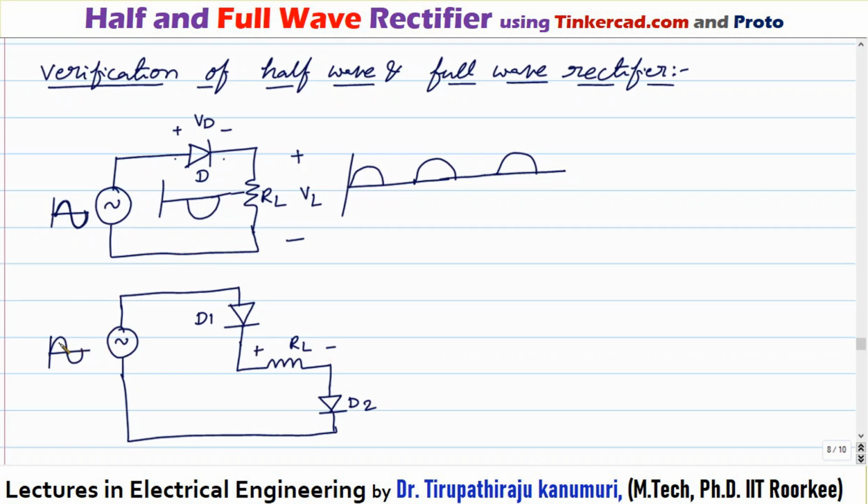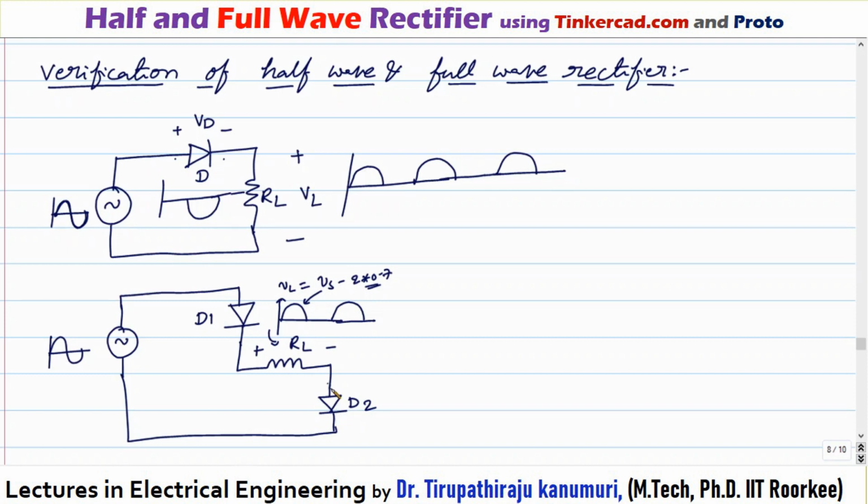Again, during the positive half cycle, both diodes D1 and D2 will be forward biased, so the voltage will appear across your load. This is the voltage across your load, VL. During the negative half cycle, both diodes D1 and D2 are reverse biased, so output voltage will not come. During the next positive half cycle, output voltage will come. In this case, VL will be equal to Vs minus 2 times 0.7. Only this much will come, as the instantaneous value at any instant. Because two diodes are connected in series, 2 times 0.7 will drop.